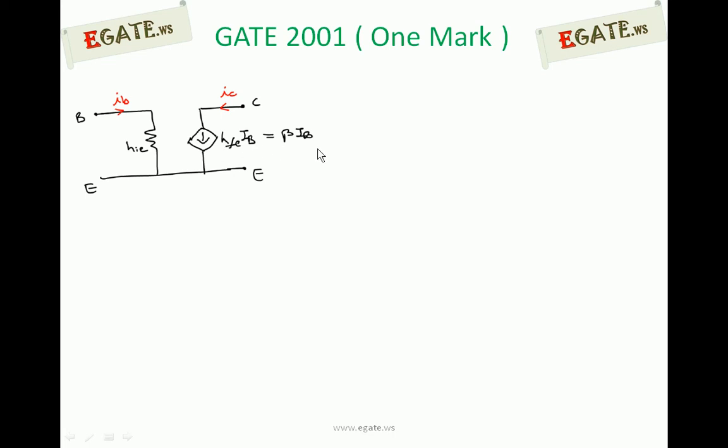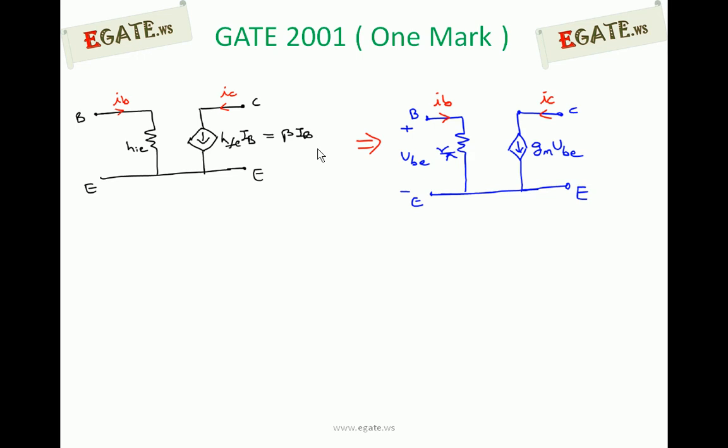We have not only the h-parameter model, we have some other models. Now we will see the r-parameter equivalent, because the question is in terms of r parameters. So we must convert the known h-parameter model into the r-parameter model. This is the equivalent r-parameter model for the common emitter configuration, where the input impedance is indicated with r pi. r pi is nothing but the small signal resistance looking into the base, and the base current is IB.